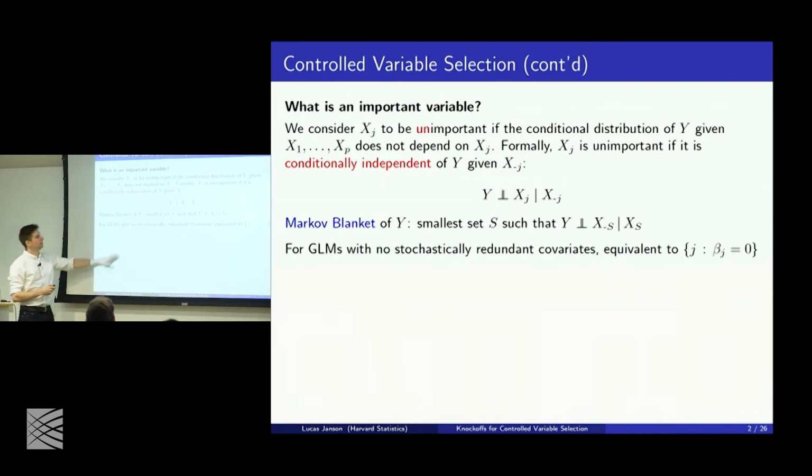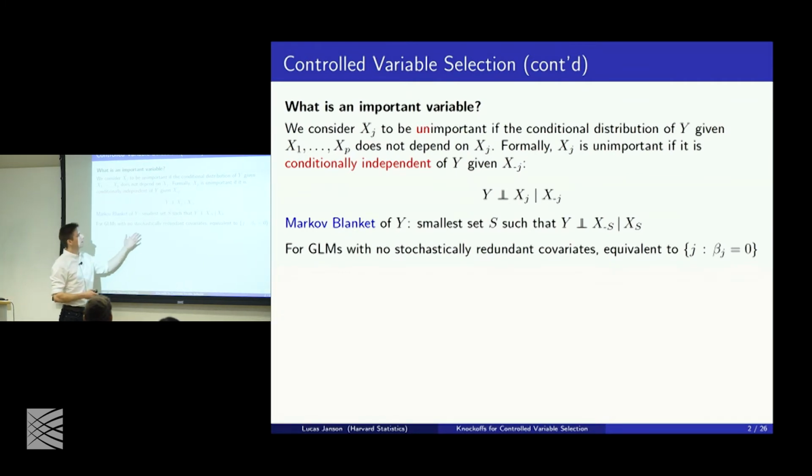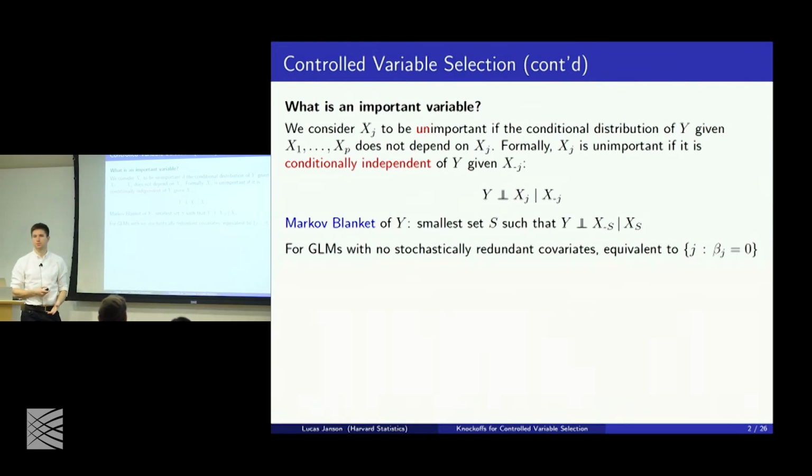All right. Again, as Wenshuo mentioned, if you fit any kind of generalized linear model, including the usual linear model or logistic regression, this null hypothesis is exactly equivalent to testing the usual null hypothesis we test, which is whether the coefficient on the jth variable is equal to 0. So it's what you're used to when we do have a model, but I'm not going to assume a model